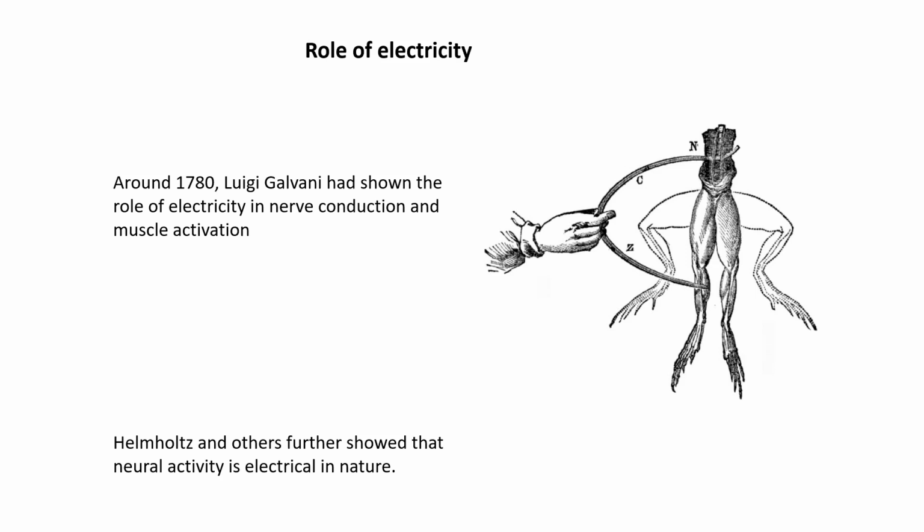Later, Helmholtz expanded these studies, and he in fact even figured out at what speed nerves conduct electrical signals. And he showed that it was not infinitely fast, and there was actually a finite speed, about 30 meters per second or so, at which the nerves were conducting these signals. In fact, if you're curious, I would encourage you to look up how Helmholtz did these experiments.